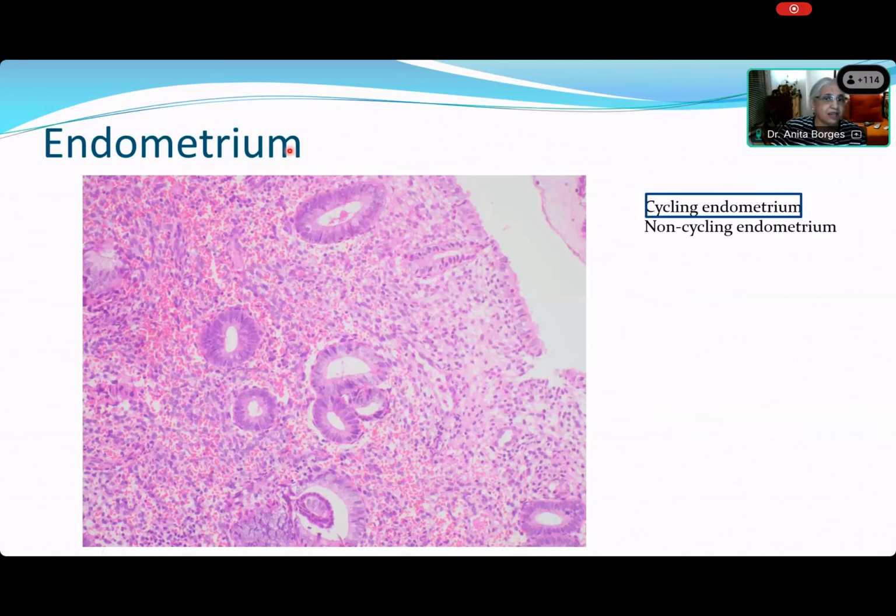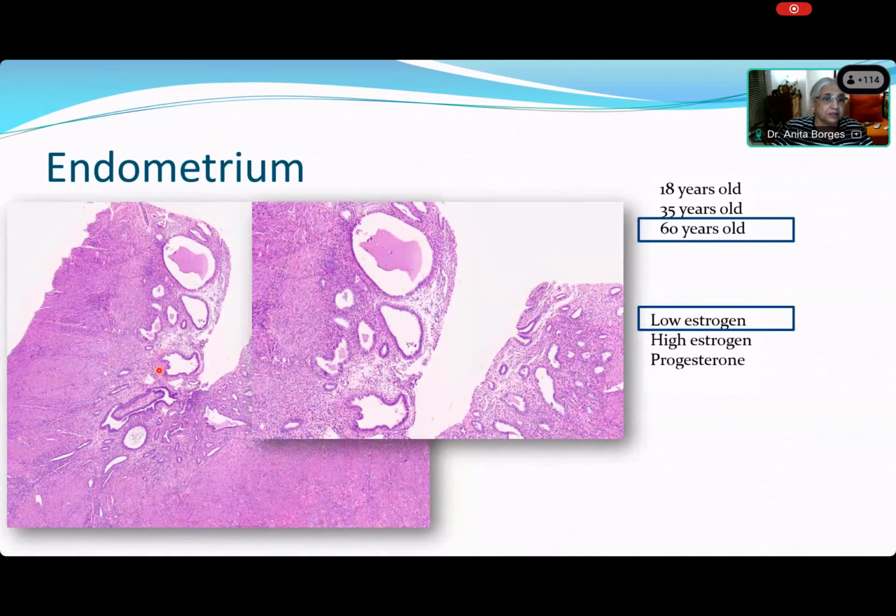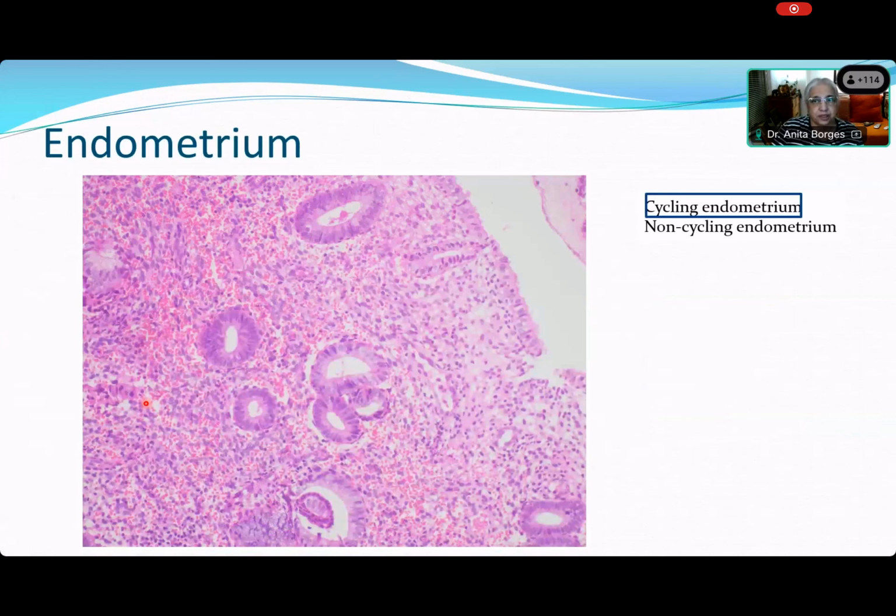Okay. This is a cycling endometrium simply because I can see the endometrial lining. I can see nice round glands, and I do not see the basalis over here. So I have only got functionalis in this. Where is the basalis? There's no basalis, and I showed you what the basalis looks like. If you wanted to see what basalis looks like, here is the basalis. You will see nothing much but the basalis and very little functionalis in an atrophic endometrium, right? So there is no basalis over here. This is a cycling endometrium.